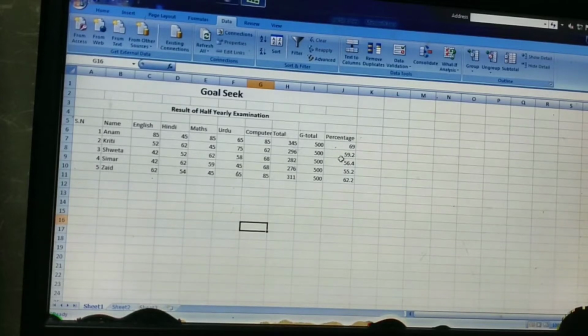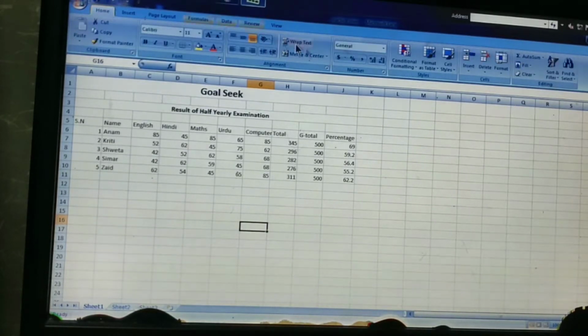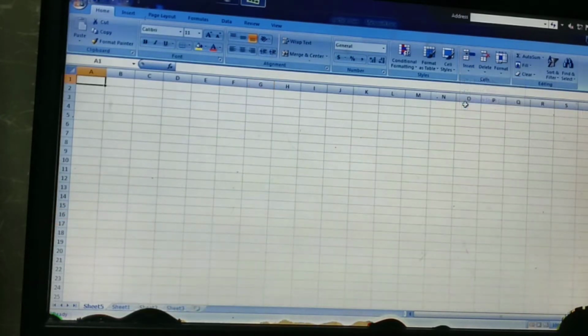Setting up multiple sheets: if you want to take another sheet, how can you insert it? Well, in 2007 by default 3 sheets are there, but in the latest version only 1 sheet is there. So if you want to insert any sheet, how can you insert? Go to the Home tab and select the Insert option and Insert Sheet. Now a new sheet is there.